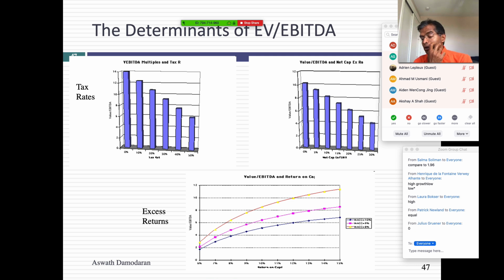It's Ireland with a 12% tax rate. Ryanair is an Irish company. So guess what? When you have a 12% tax rate, your multiple of EBITDA is going to be much higher. It doesn't make you an expensive company. So Ryanair always looks expensive on an EV to EBITDA basis because its tax rates are lower. So when you think about tax rates, that's the reason you think about tax rates.